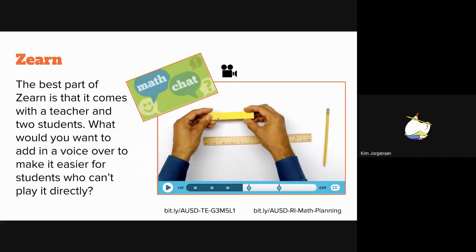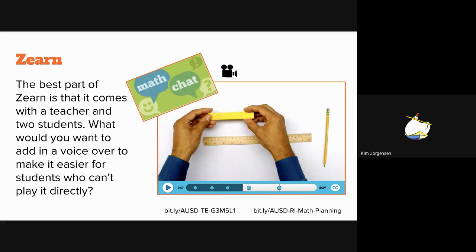The Zearn one, I'm not going to play it this time. I didn't do a voiceover, but you can see the whole thing, how they do it in Zearn. Going to describe it briefly. They take this strip of paper that they cut off of their notes, which you can send home, but to actually cut it, they'd have to print it and then cut it. And they're using 12 centimeters because 12 is a wonderful number for cutting into halves and quarters and thirds, which is what they want to do with it,